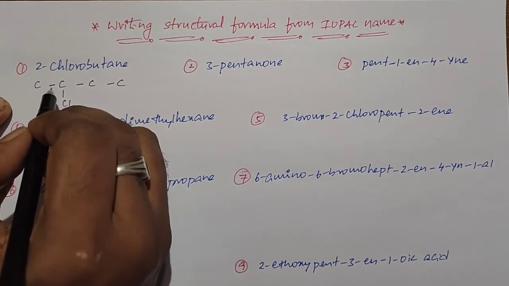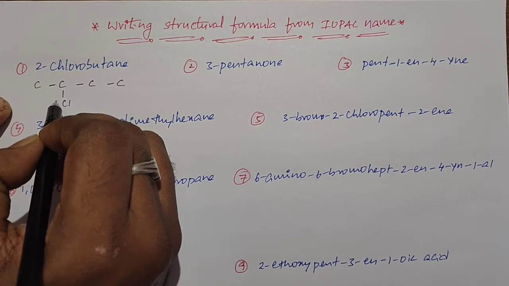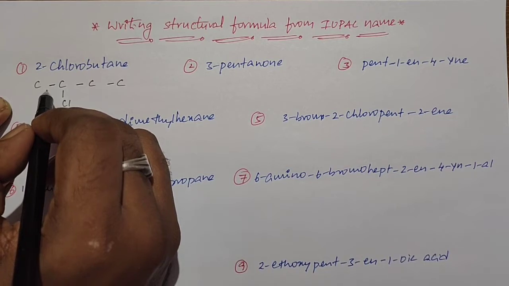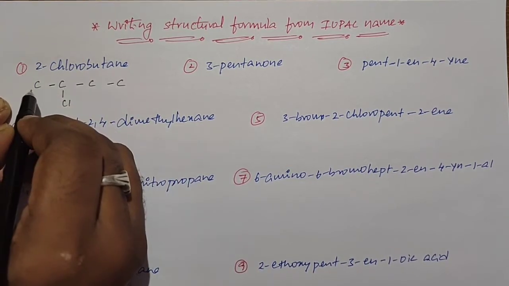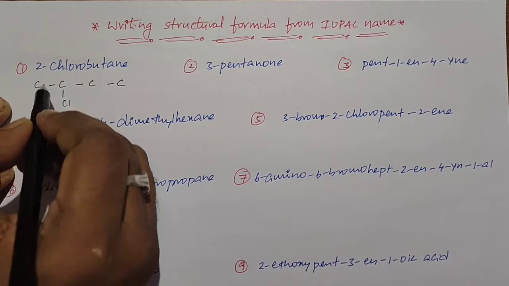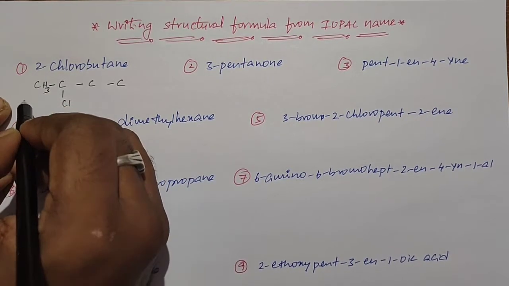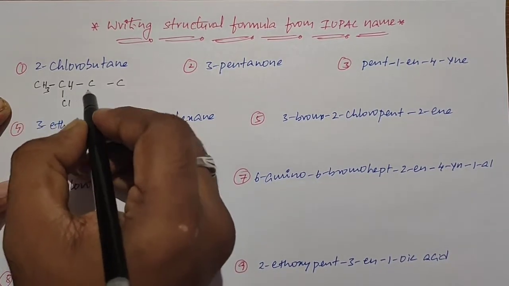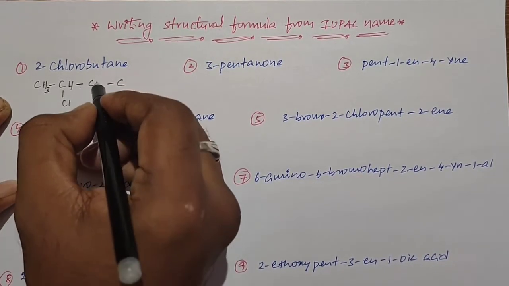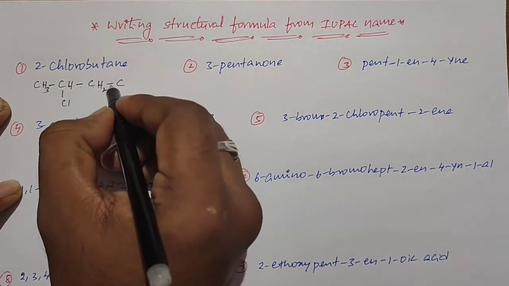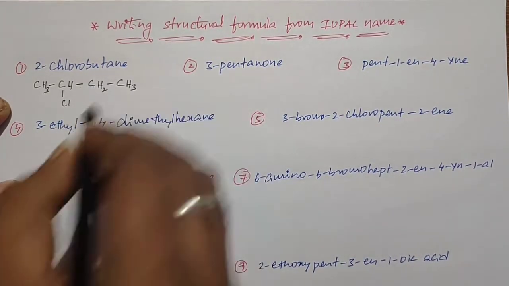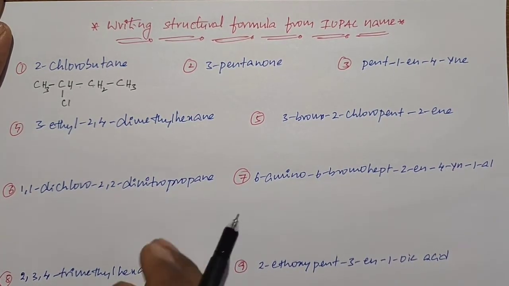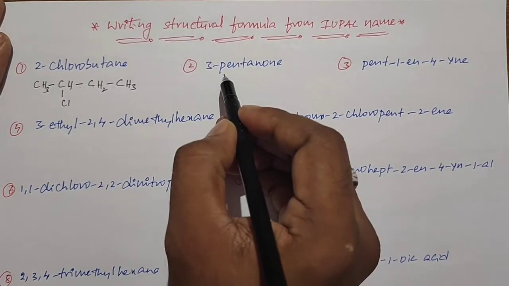Now for what is left, you know very well the valency of carbon is 4. Carbon is tetravalent, so whatever is left in the valency is filled with hydrogens. For example, for this carbon, 1 valency is satisfied, the remaining are satisfied by 3 hydrogens. For this carbon, 3 valencies are satisfied, the remaining by 1 hydrogen. For this carbon, 2 valencies are filled, remaining 2 hydrogens. For this, 1 valency is filled, remaining 3. So this is the structural formula of the given compound. Okay, we will go to the next example.